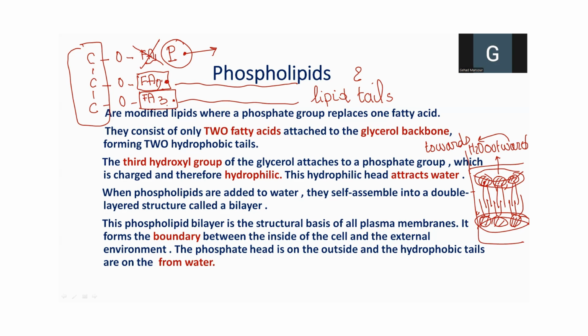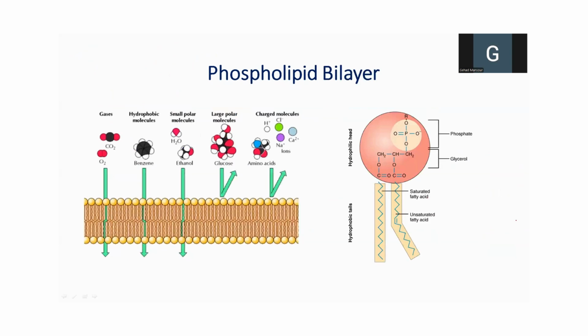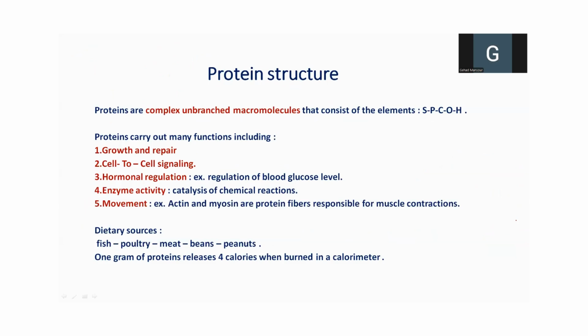The phospholipid bilayer is very important in the structure of the plasma membrane because, as you know, it regulates the passage of substances inward and outward, and therefore it forms a boundary between the internal compartment of the cell and the external environment of the cell. We have studied this slide before, so we are not gonna repeat the explanation. And now we move on to a new